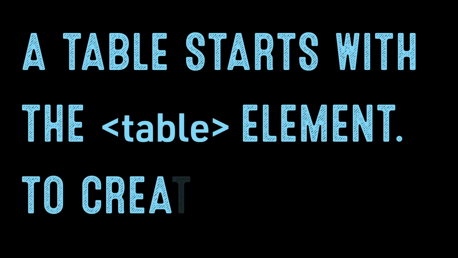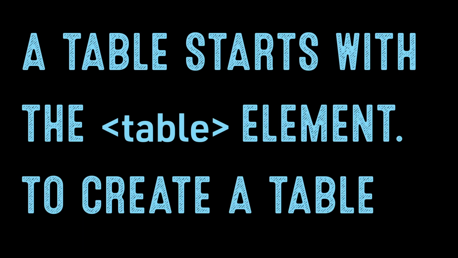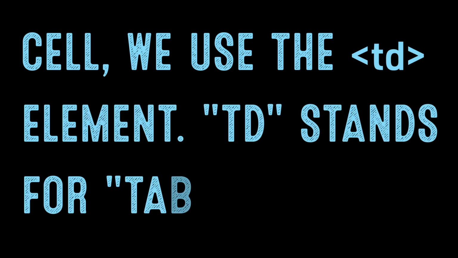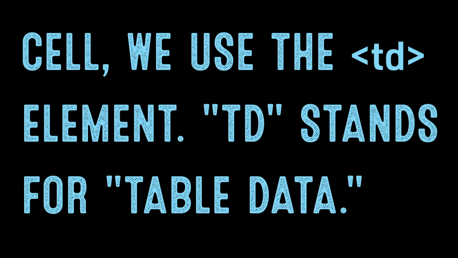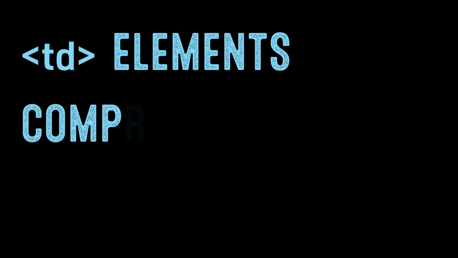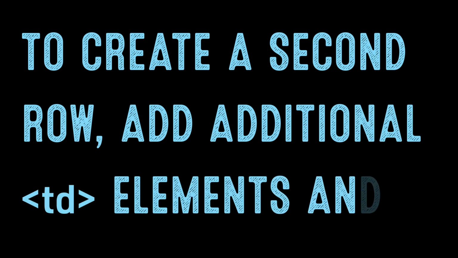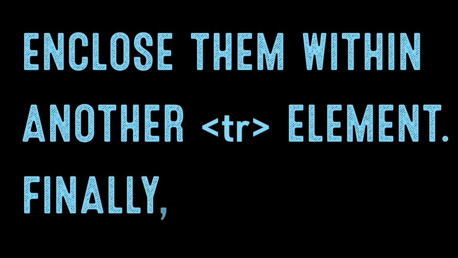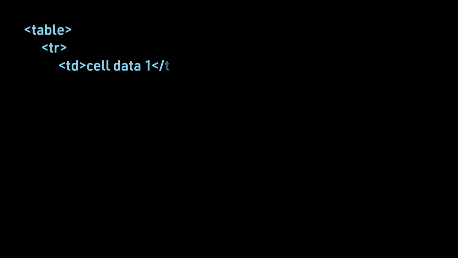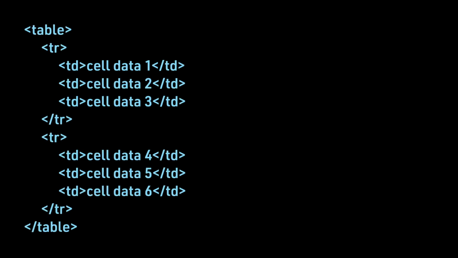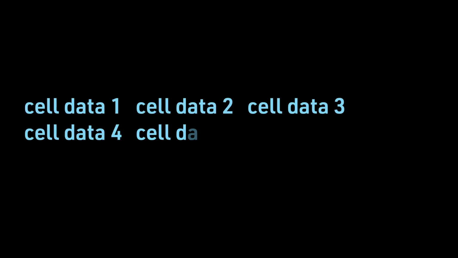A table starts with a table element. To create a table cell, we use the table data element. TD stands for table data. Table data elements comprise a table row, a TR element. To create a second row, add additional table data elements and enclose them within another table row element. Finally, we enclose everything in a table element. This code will display as